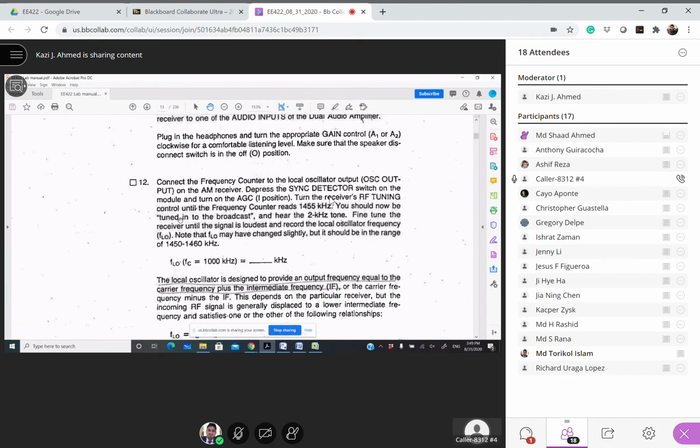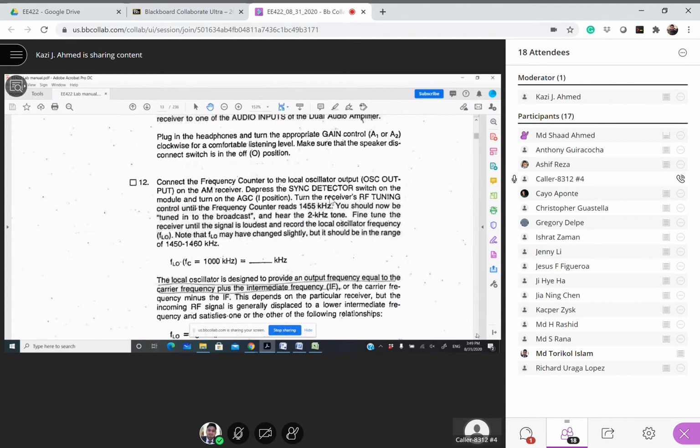You should now be tuned to the broadcast and hear the 2 kilohertz tone. Fine tune the receiver until the signal is loudest and record the local oscillator frequency. Note that the local oscillator may change slightly, but it should be within range. The local oscillator is designed to provide an output frequency equal to the carrier frequency plus